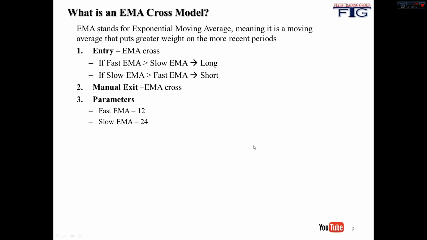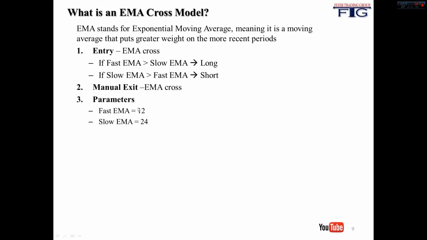Basically, you can think about this as saying if the fast EMA moves above, we are going long. If the fast EMA moves below, we are going short. Now, finally, for this model specifically, our exit will technically be an EMA cross. However, because we don't have any other exit strategy, we will always be exiting a position by entering a new position. And then finally, just for consistency's sake, we'll be using a period of 12, which is what our N will be equal to for our fast EMA,